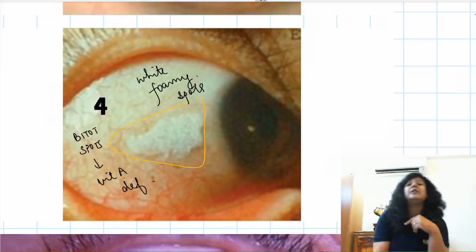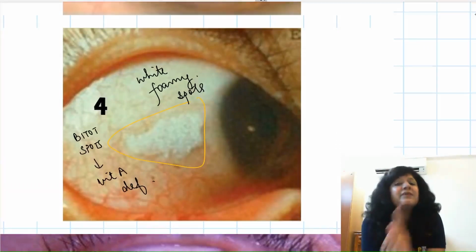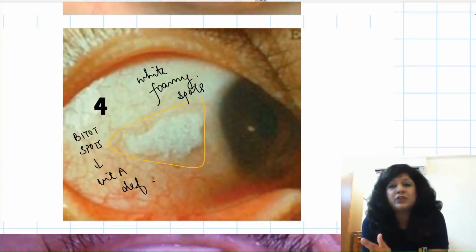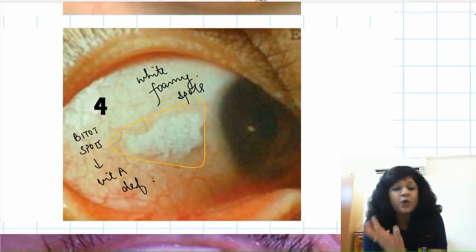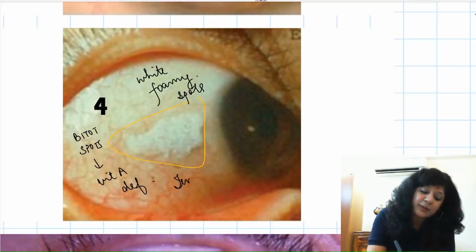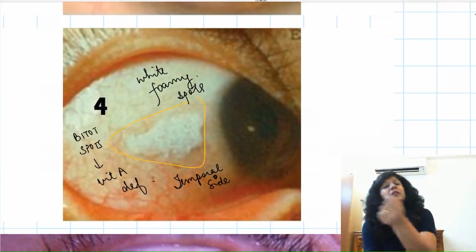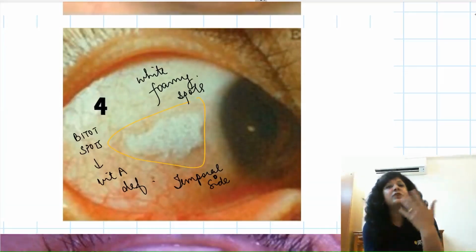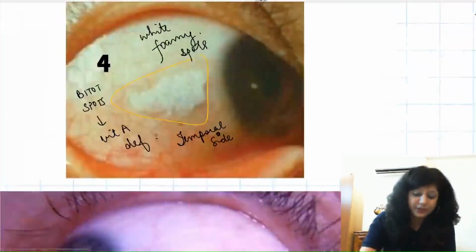Now again, be very, very particular. I am not saying that this is the earliest sign. This is a specific sign. Okay, it is not the earliest, it is the specific sign of vitamin A deficiency. Here again, the apex is away from the cornea. They are white foamy spots, plus they first occur on the temporal side. So there are so many things which will help you in differentiating between a pinguecula, pterygium and the Bitot spots. Plus the age: degenerative conditions are always more common in the elderly age group, while the Bitot spots will be more common in children.